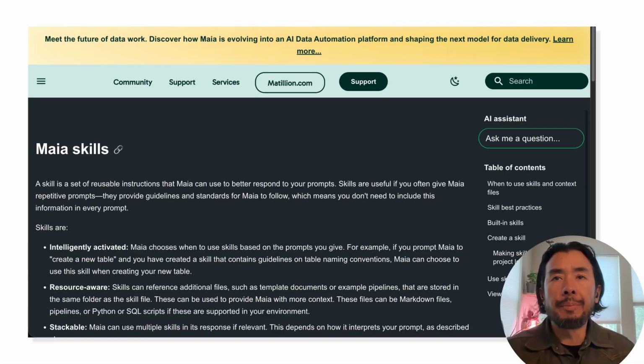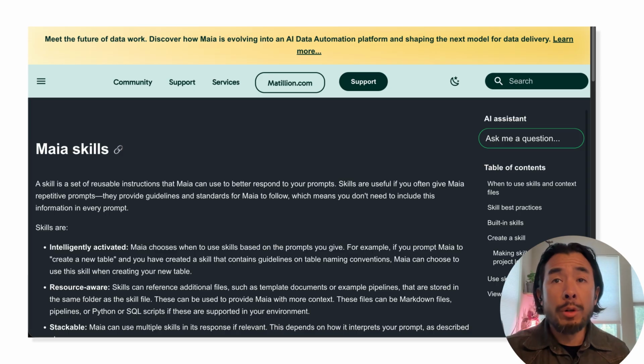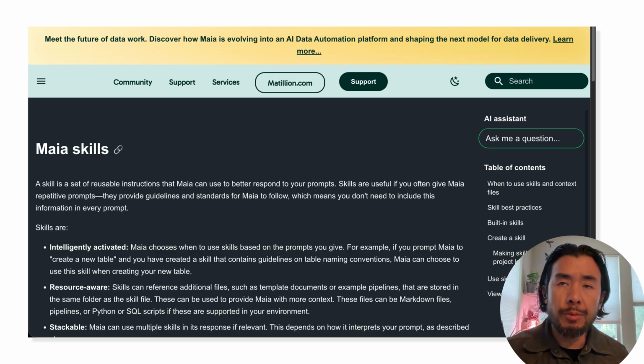Hi, I'm Erwan. I'm here today to talk to you about a Maya skill I've created for defining and deploying Snowflake Intelligence agents. But before we dig into that, maybe I should just start with talking about what Maya skills are. Skills are folders containing instructions, scripts, and resources that Maya can discover and use to perform tasks more accurately